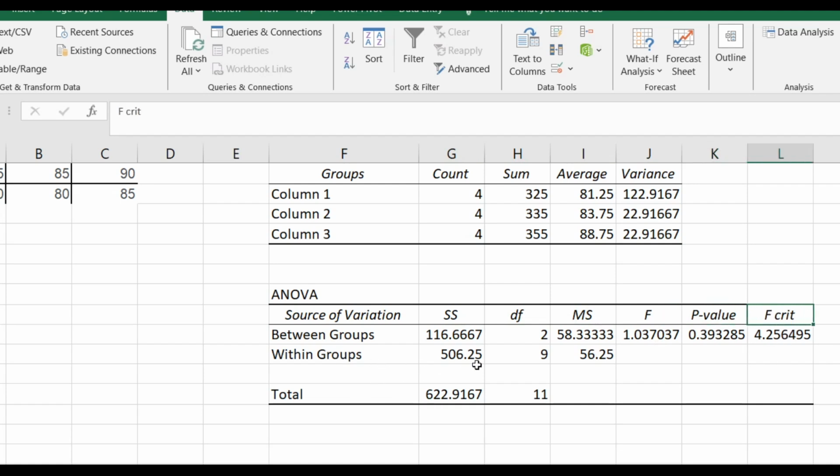Okay, and within groups it is 506.25. Between groups the SS value is 116.67. Okay,